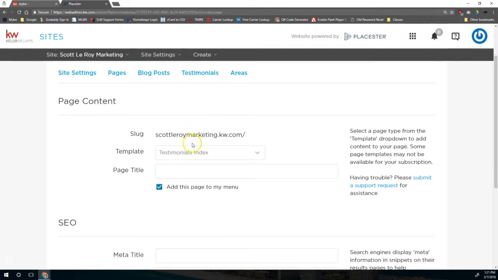And then once we're here, we're going to have a lot of the same elements between pages, blog posts, testimonials, and areas. You'll actually be adding some additional elements as we move right here, but pages is the basic kind. The slug here is essentially the address of this page. I'm not sure why they called it a slug instead of the address, because that's a lot more user-friendly for people to understand. But the slug is affected by the page title here. So if I were to type test page right here, you notice it adds test page to the end of the slug,